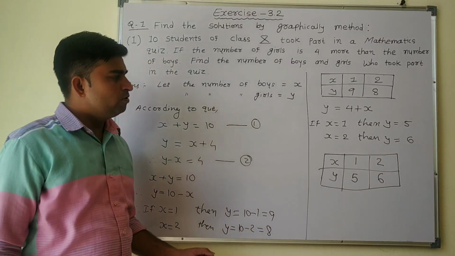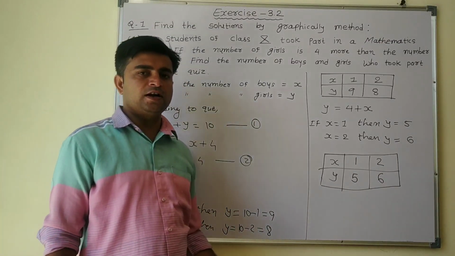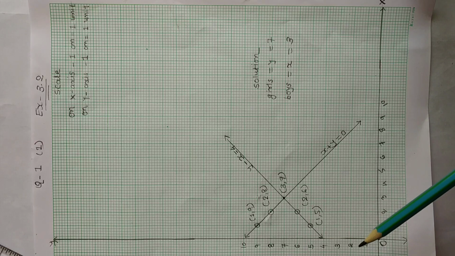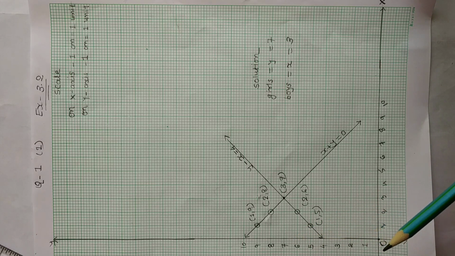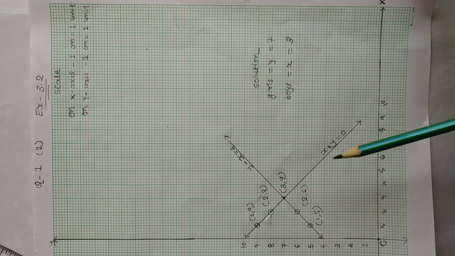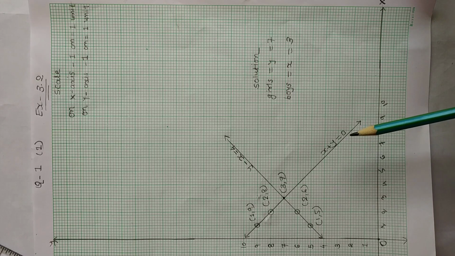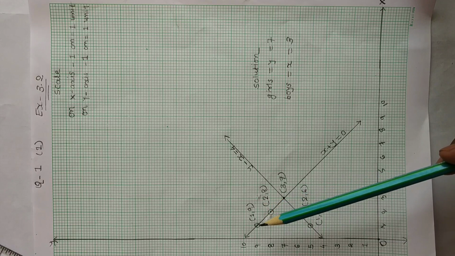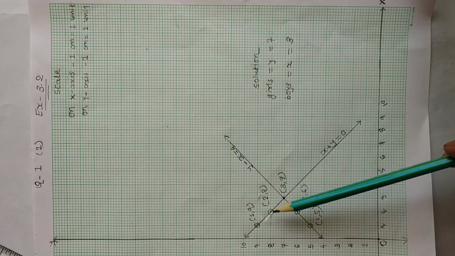Now we draw the graph. So now let's move on to a graph paper. So here we have drawn the x-axis and y-axis. Here we take 1 centimeter equal to 1 unit, and on the y-axis also 1 centimeter equal to 1 unit. Now here we have the first equation x plus y is equal to 10, और उसके लिए हमारे पास दो सॉल्यूशन थे. उनमें से फर्स्ट सॉल्यूशन था हमारे पास 1 9, जो पॉइंट यहाँ पे आ जाएगा. सेकंड हमारे पास सॉल्यूशन था 2 8, जो पॉइंट यहाँ पे आ जाएगा.